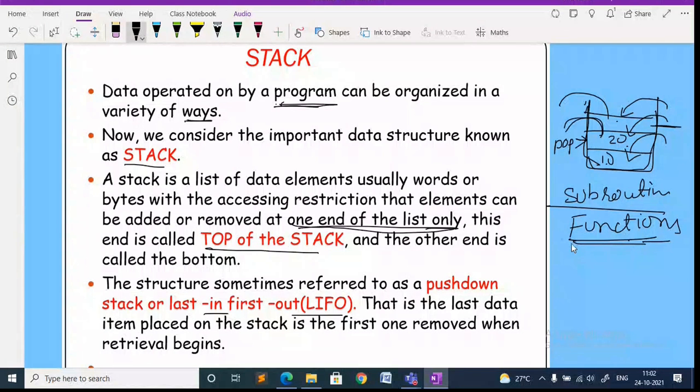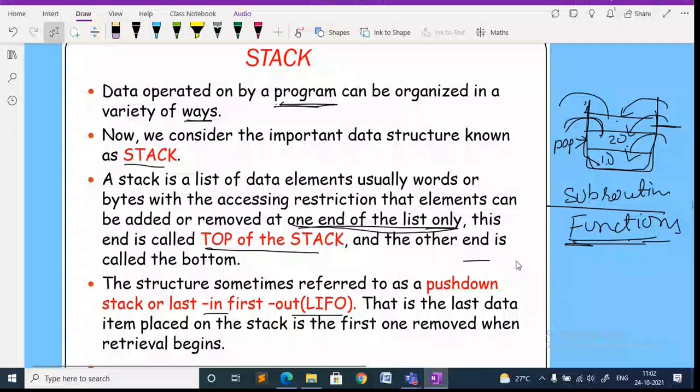Okay, so don't think only from the point of implementing the program. You need to understand internally how it works, how the compiler is going to execute the function. We're going to learn. So here normally there are two operations that take place. One is push operation, placing a new item onto the top of the stack. Pop, removing the top item from the stack.